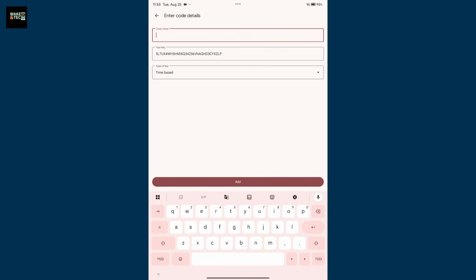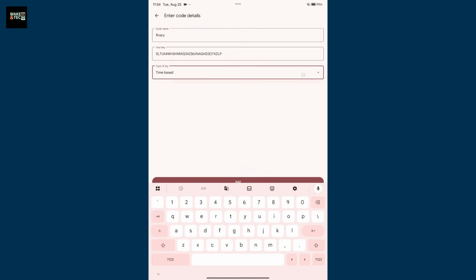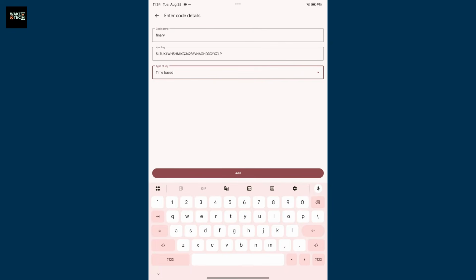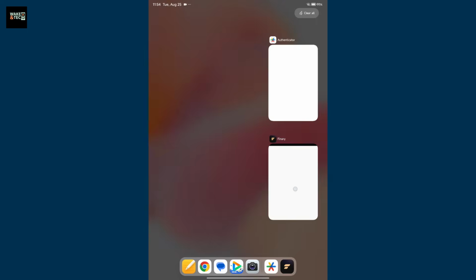In code name, you can enter Finary. Now choose whether you want the code to be time-based or counter-based and click Add at the bottom. Now you'll be able to add the Finary code, tap on the Finary code generated and get back to Finary